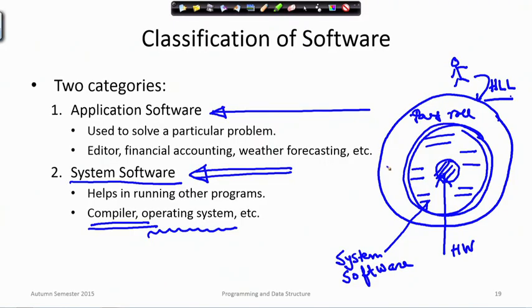So, all those things the user is writing are forming the application software. Most of the time, the programmers who are not systems programmers, not the system designers, but just users, mostly use the application software. Okay. Given this,